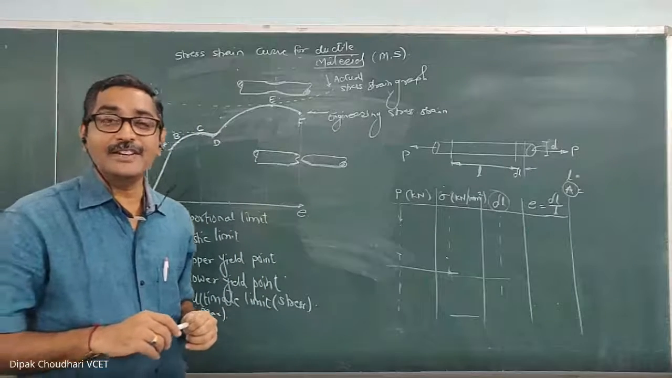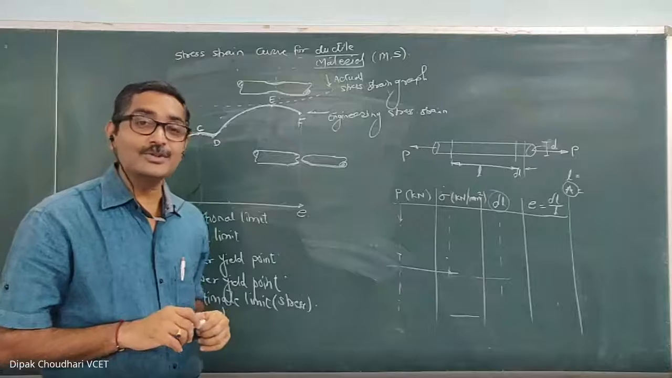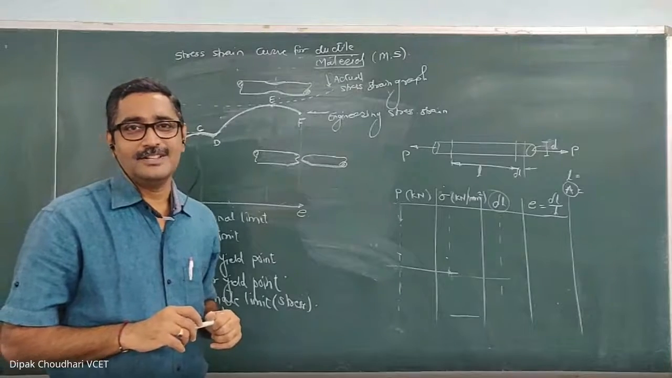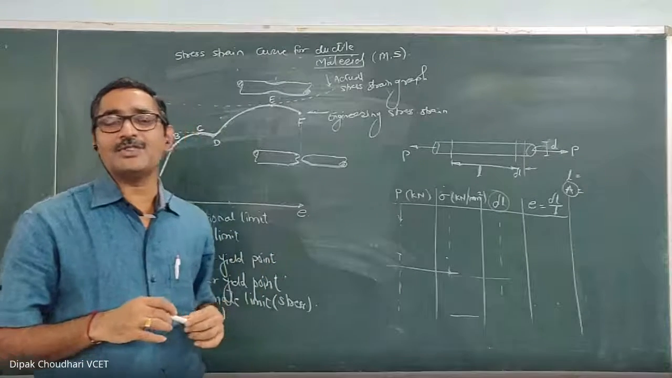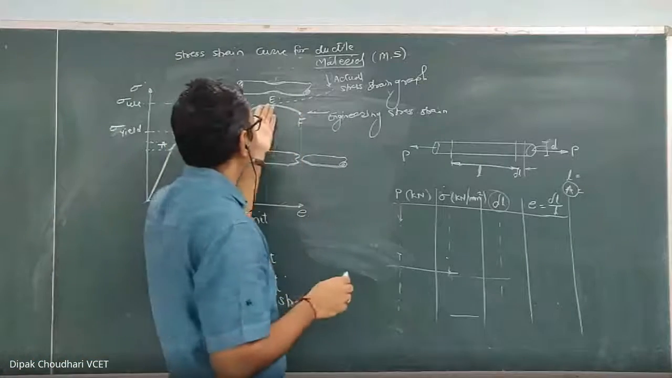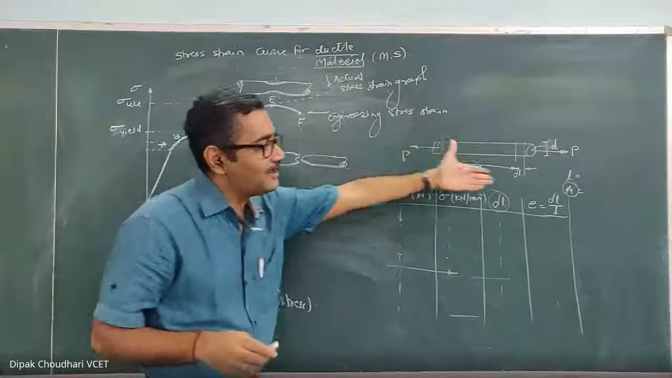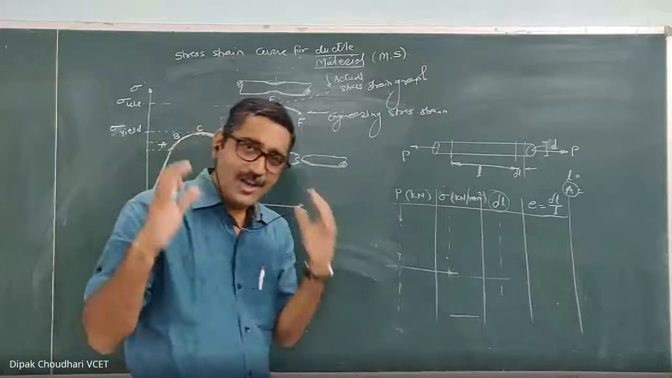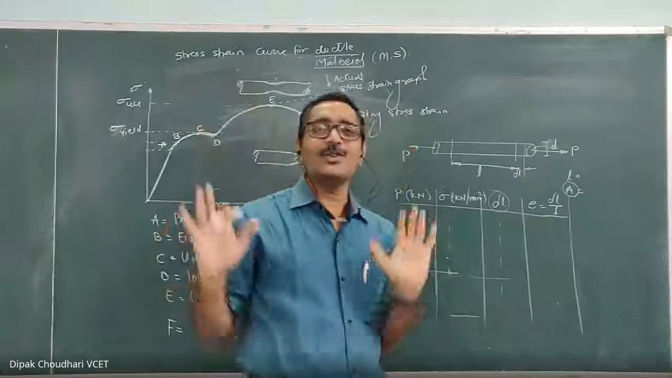Okay, it is very difficult to measure that radius cross-sectional area. Every time to check that radius cross-sectional area is difficult. That's why we are using this engineering stress strain curve based on the original cross-sectional area, because all the calculations are based on the original dimensions